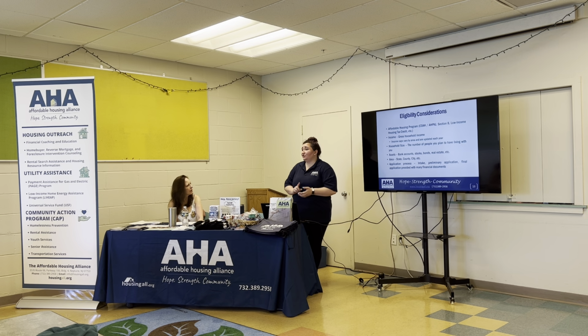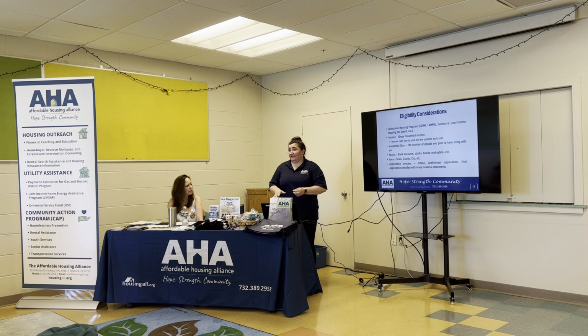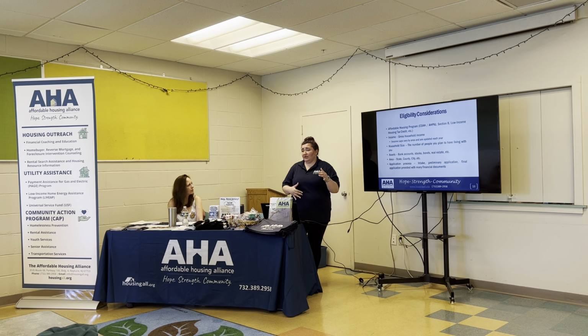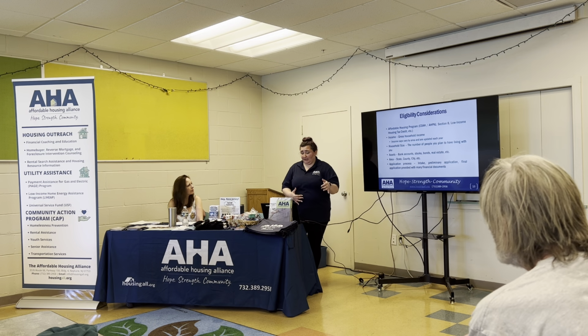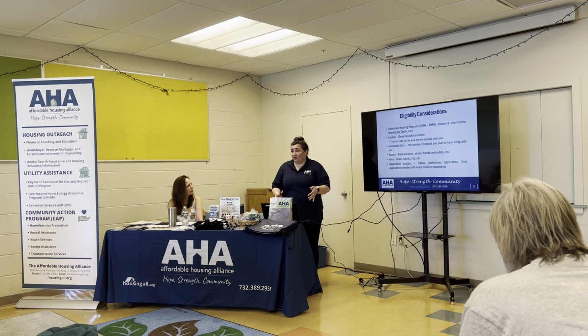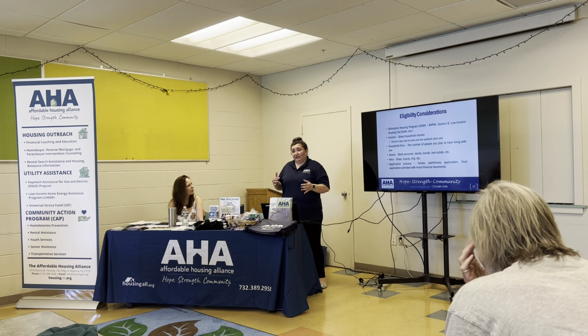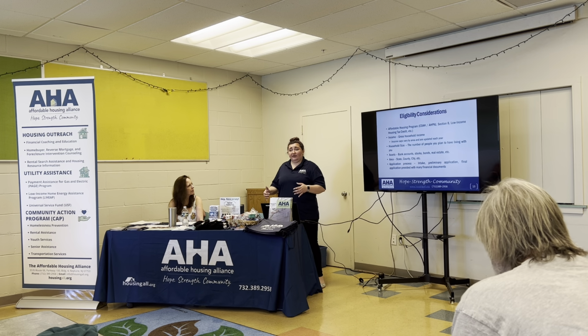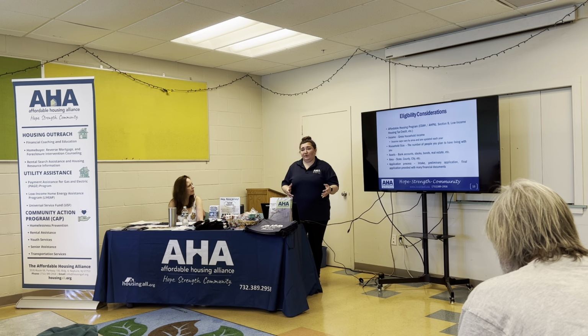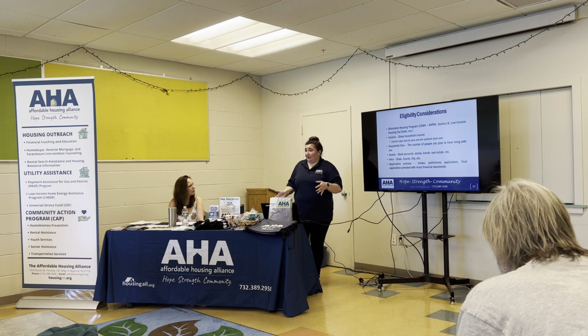Your income, this is your gross household income. It's before any taxes or deductions like healthcare or anything like that. It's not what you take home, but your gross income. And that's for the whole household that you plan on living with you. So if you know that you're just living with somebody temporarily and you don't want to get an affordable unit with them, don't include them on the application.